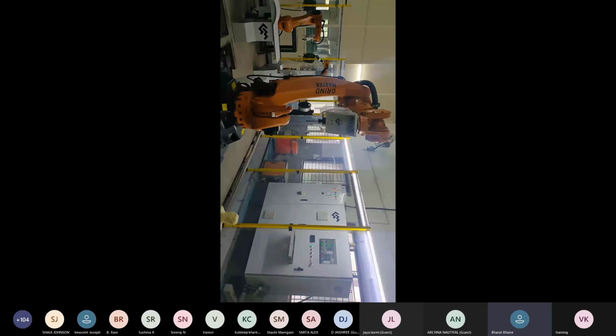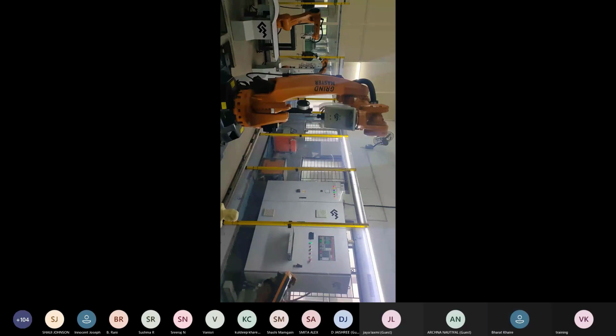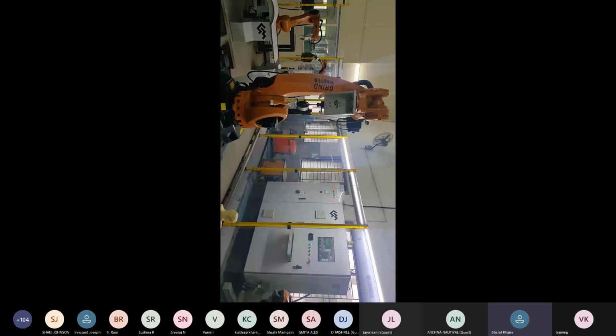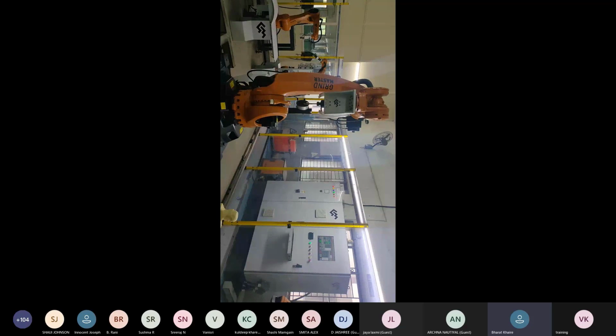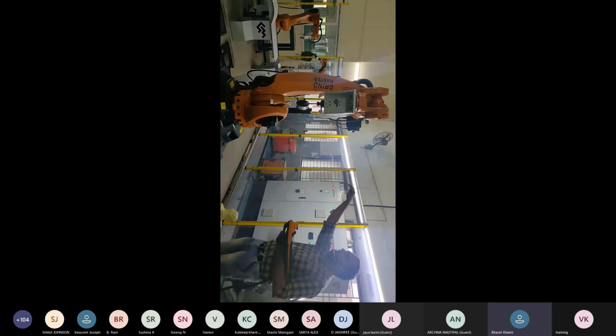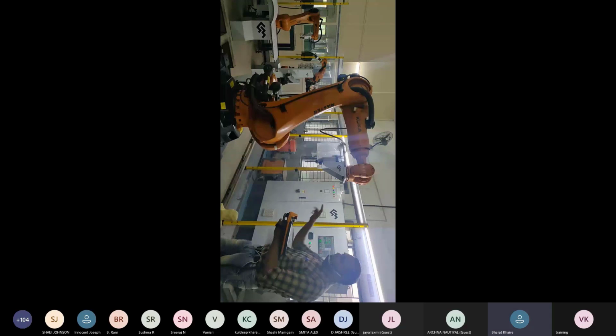Now you are watching the movement of the base. This is the A1 axis to the plus side. The meaning of plus side is, if we are watching this robot from the top side, it is turning in a clockwise direction. So here is the A plus side. This is the A minus side. It will move anti-clockwise from the top. But this is a limit.